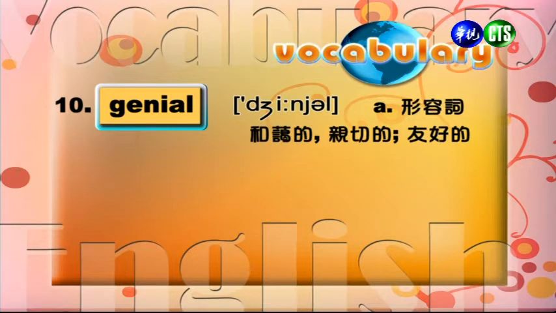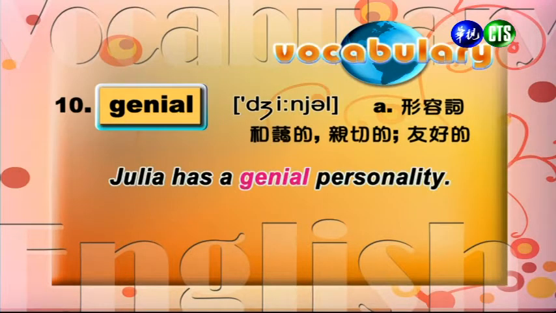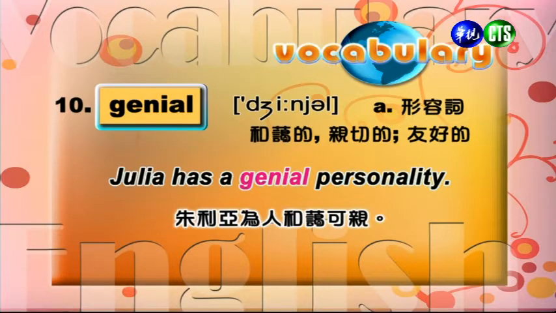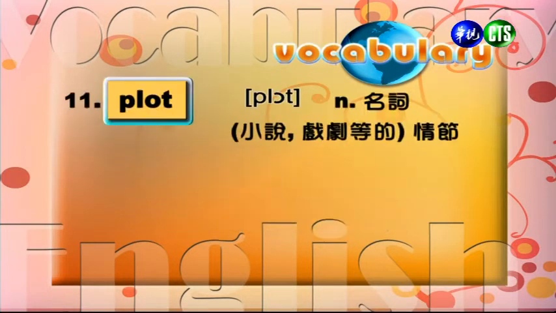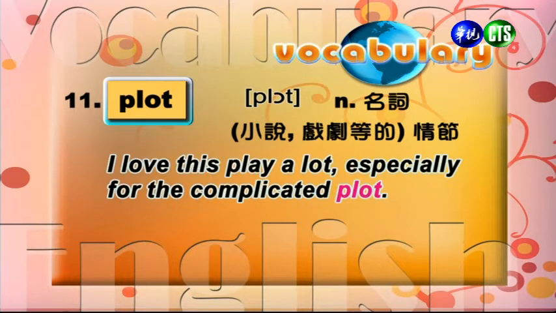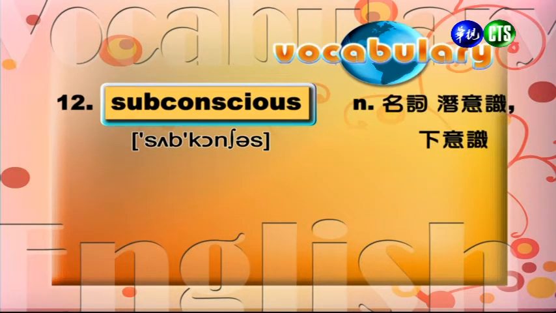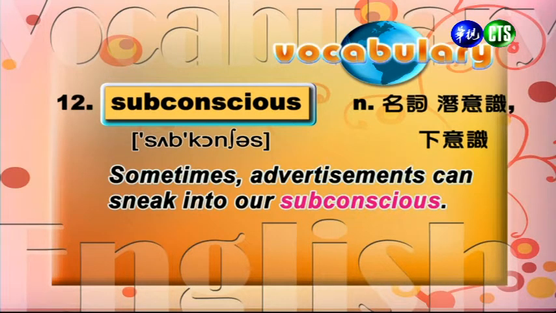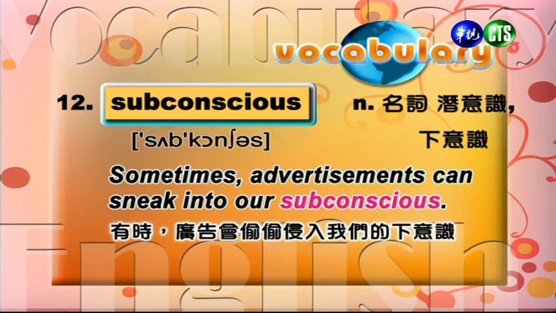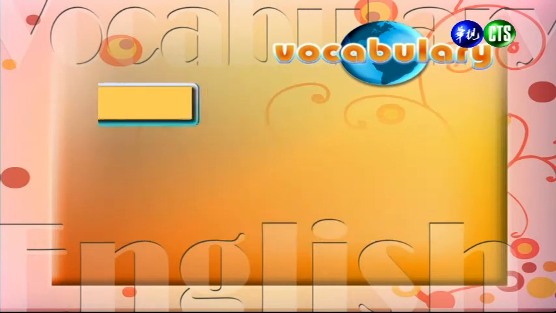Number 10, genial, adjective. 形容词和蔼可亲、友好的。 Julia has a genial personality. Julia 做人和蔼可亲。 Number 11, plot, noun. 名词小说、戏剧的情节。 I love this play a lot, especially for the complicated plot. 我很喜欢这出戏，尤其是它复杂的情节。 Number 12, subconscious, noun. 名词潜意识、下意识。 Sometimes advertisements can sneak into our subconscious. 有时候广告会偷偷地潜入我们的下意识。